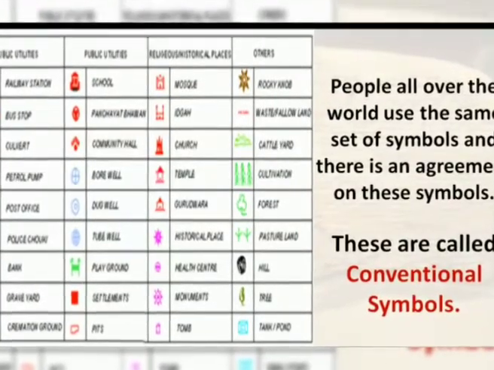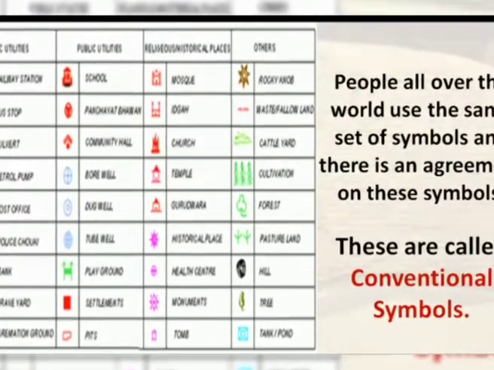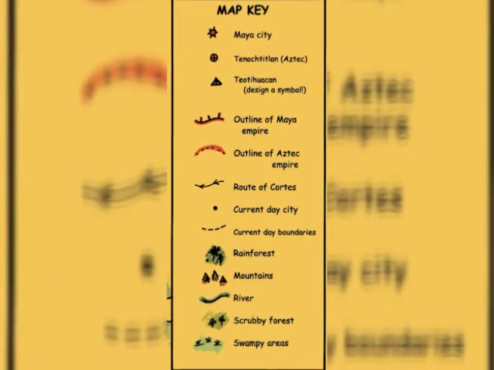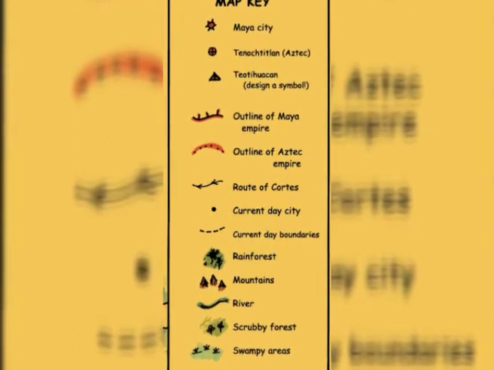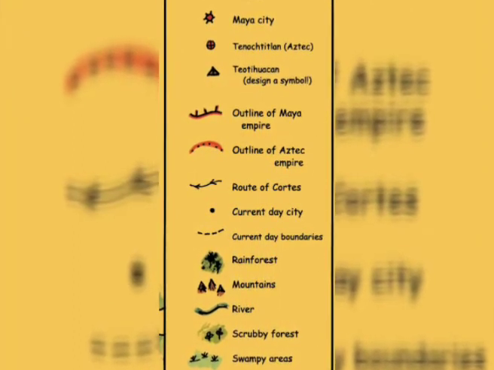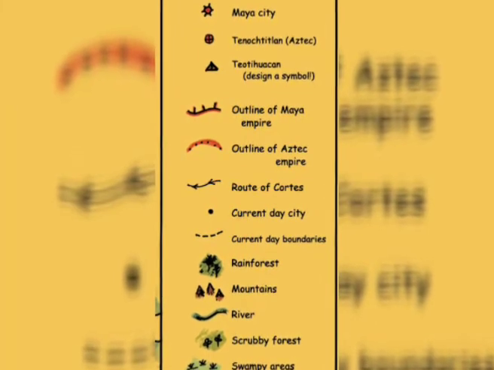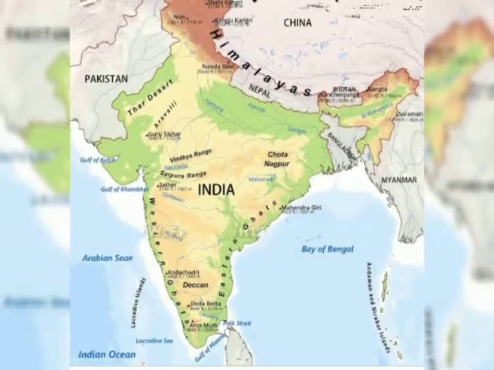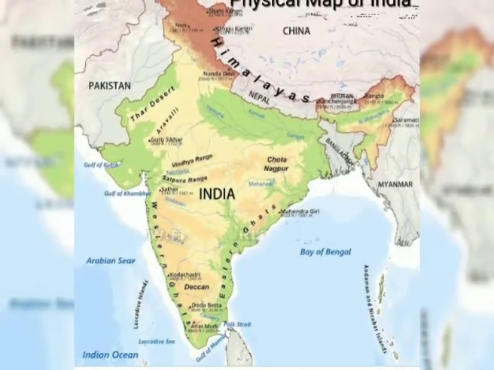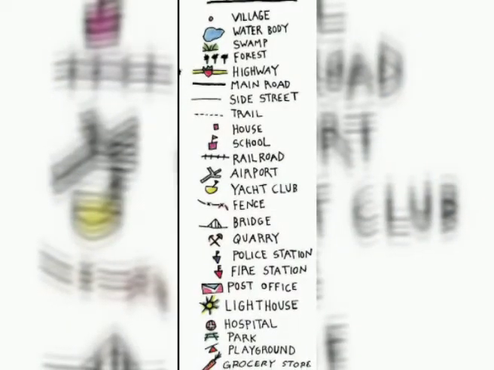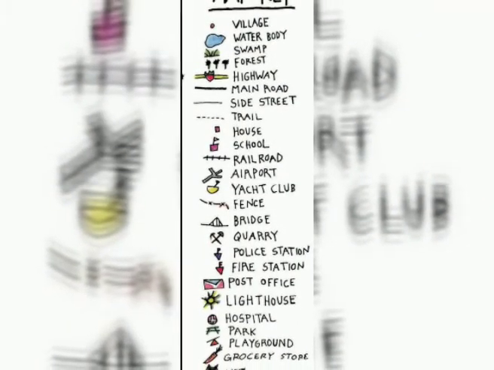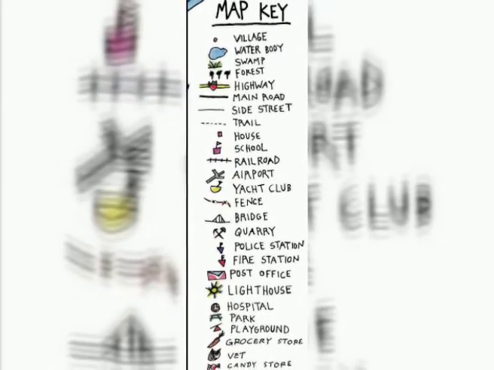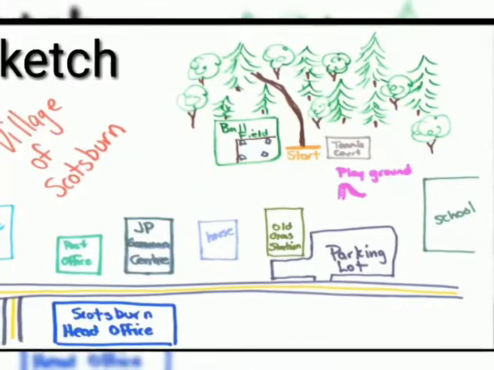Some of the conventional symbols which you can see use various colors for the same purpose. For example, blue is generally used for showing water bodies. Brown is used for mountains, yellow for plateaus, and green for the plain surface, for greenery. If you are moving somewhere and it's mentioned PO, that PO shows that a post office is located close to this area, or if it is mentioned PS, it means a police station is there.